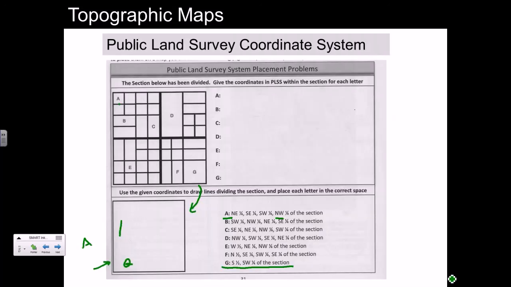All right, so we're going to go ahead and stop there and move on to the universal transverse Mercator system in the next